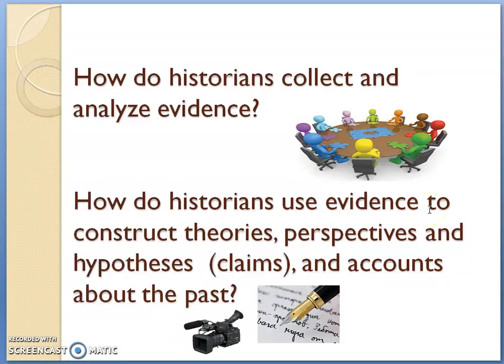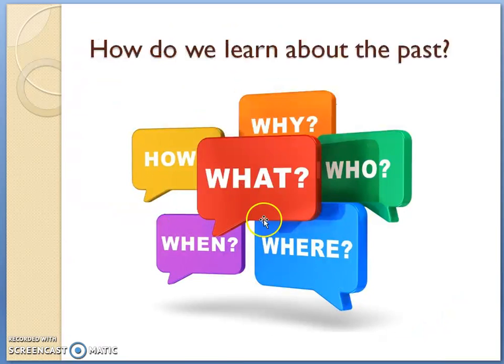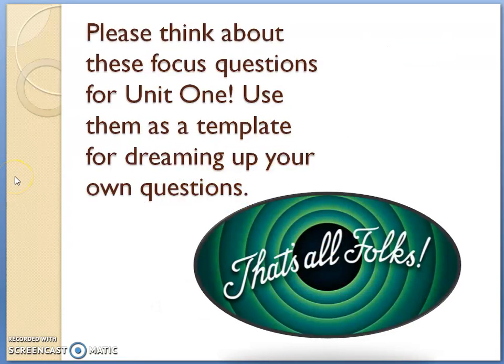And how do they show us what they have discovered? Well, they write it down. They make documentaries, movies, videos about it, and they share their findings with the world. The main thing about history, and this might challenge what you think about it a little bit, is that it's always changing. Any day, a historian can go out, you could go out and discover something brand new about the world that changes how we look at history. All it takes is people following the 5 W's and how here to learn about the past. As long as people continue to do that, we will continue to learn new things about the past.